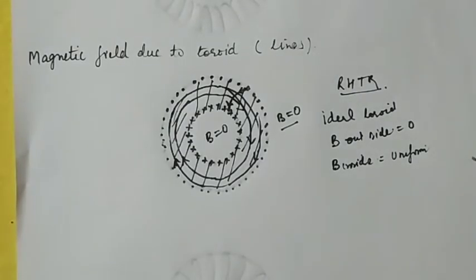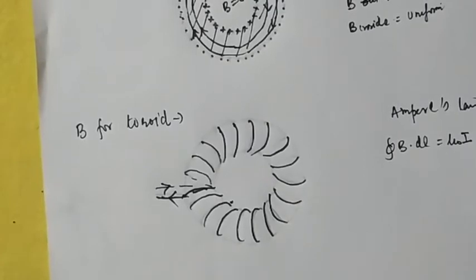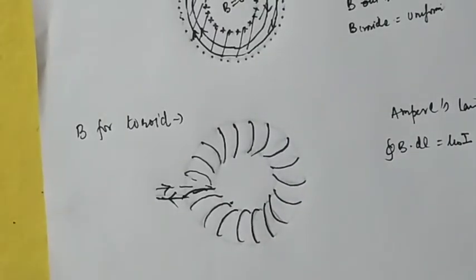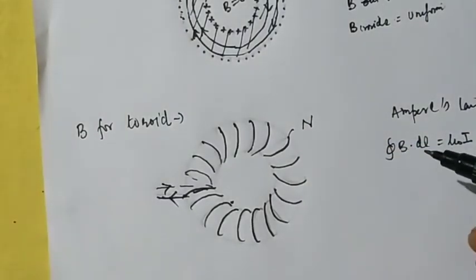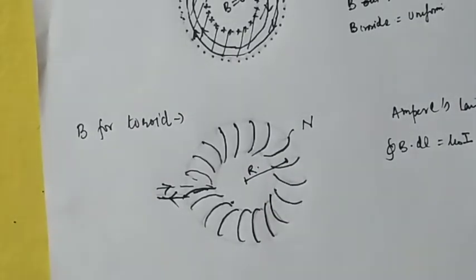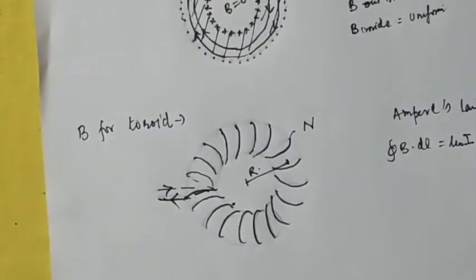So this is how we can find the magnetic field due to the toroid. It is just like a tire over which you wrap a large number of laminated copper wires. Now I want to find the magnetic field inside this toroid. First let capital N be the total number of turns, and let capital R be the mean radius of this toroid. I assume that the cross-sectional area of this toroid is negligible, very small compared to its radius.